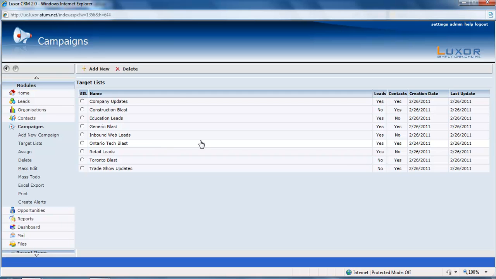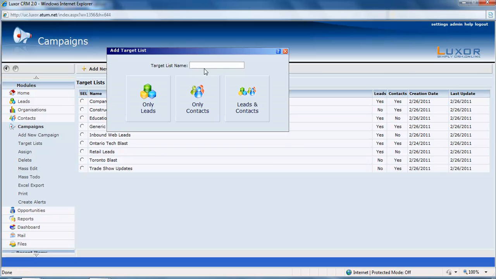To create a target list, you simply click on Add New and give the target list a name. Now for this demonstration, I would like to show you how to create a campaign for my company newsletter. So what I'd like to do is produce a target list that includes all the contacts and leads that I'm going to send the newsletter to. So we'll call it Newsletter Leads